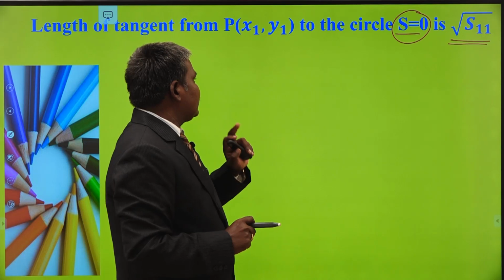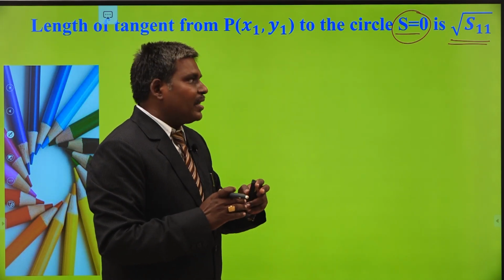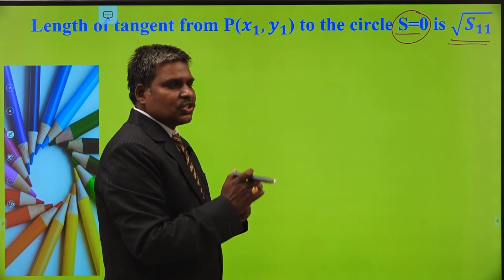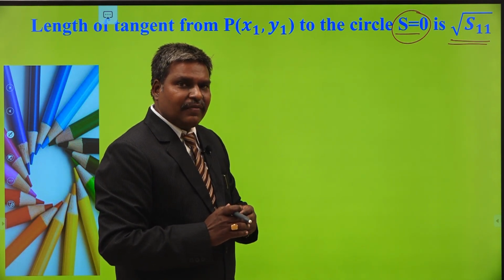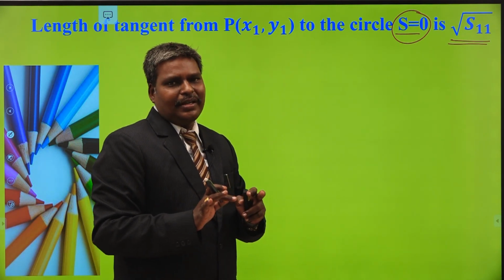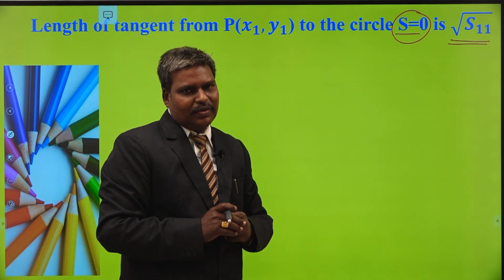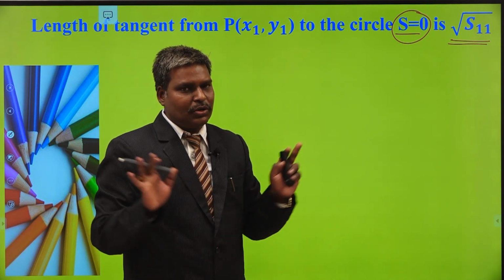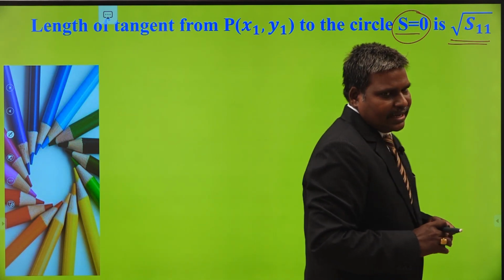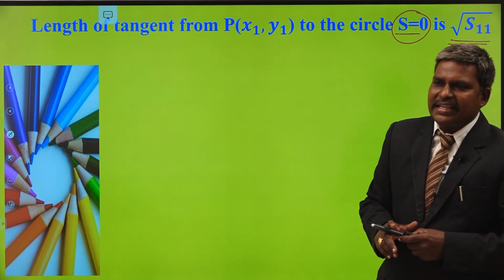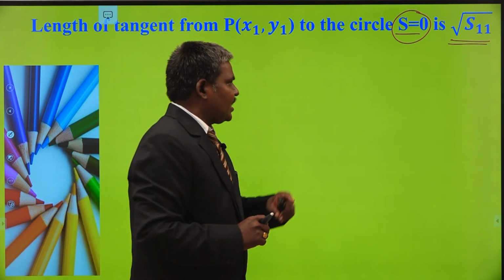So what is root S11? The length of tangent. What is power? S11. So power and length of tangent have a relation: the square root of power is the length of tangent. Is it correct always? If it is possible, it is correct. Suppose your point is inside the circle. What about S11? Negative. Can we find its root? No. So your point is outside the circle or maybe on the circle. We can define: power of point is equal to length of tangent whole square. That is the relation, whatever it may be.